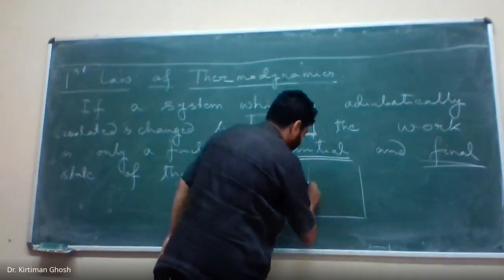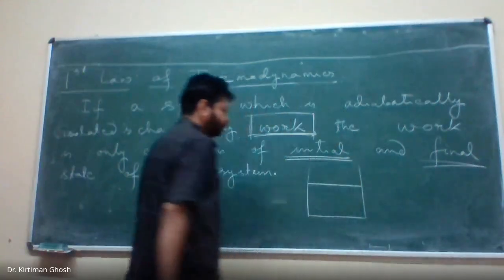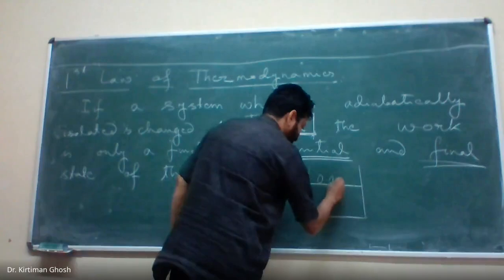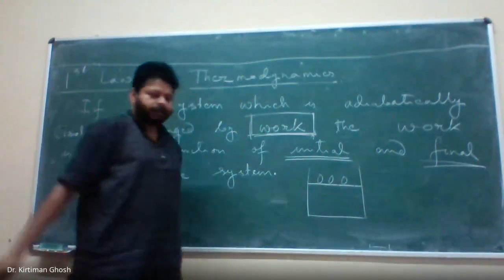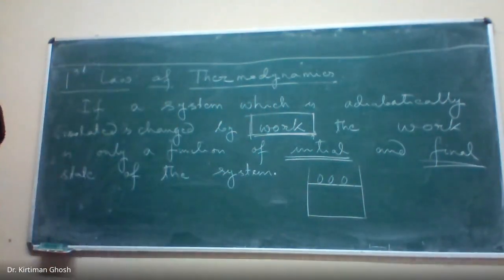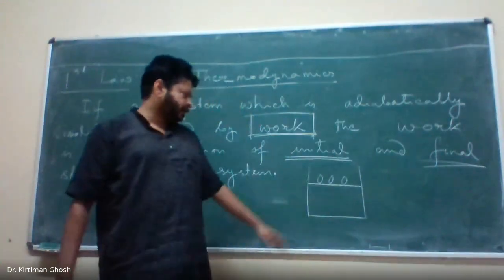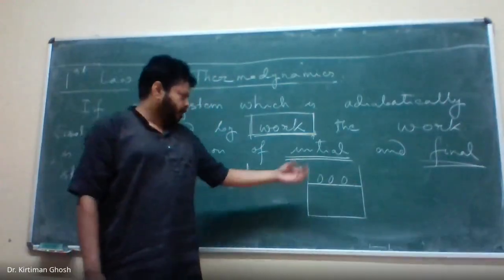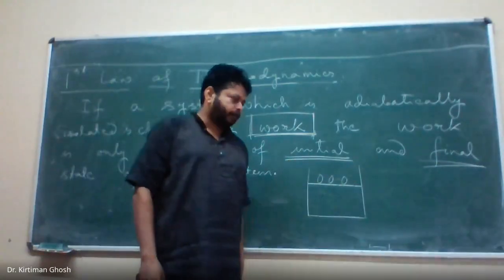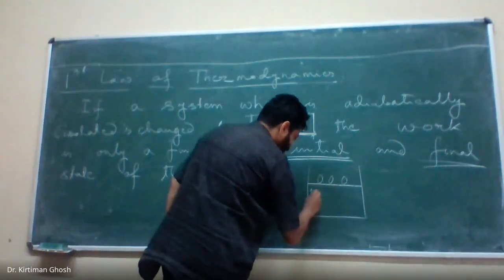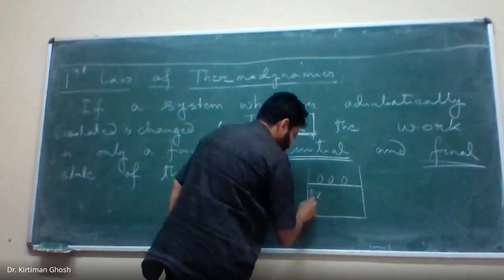We have a cylinder with a piston here. I put some weights on the piston so that it has a certain amount of pressure, and last class I have discussed how you can calculate it. The simple description of a system: a system of gas enclosed by a piston. Put some weight on the piston, so you know what is the pressure on the system. It has a pressure, it has a certain volume, and this is